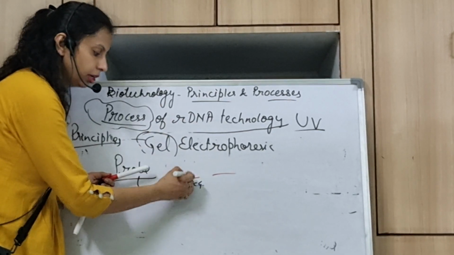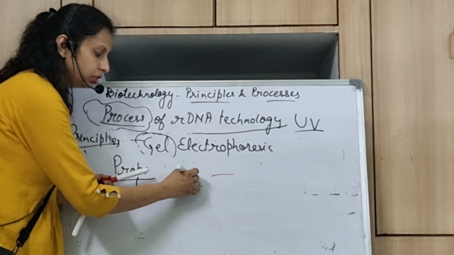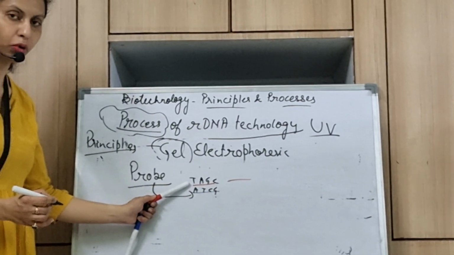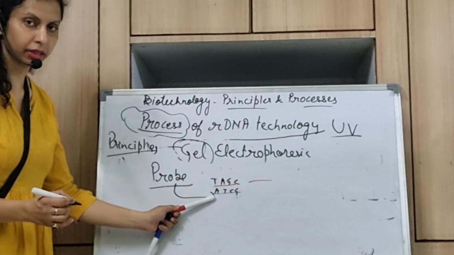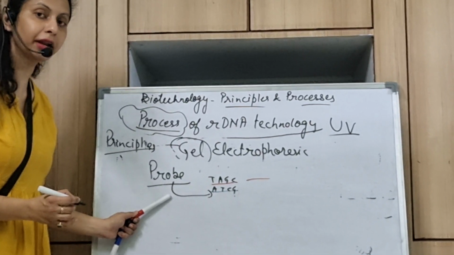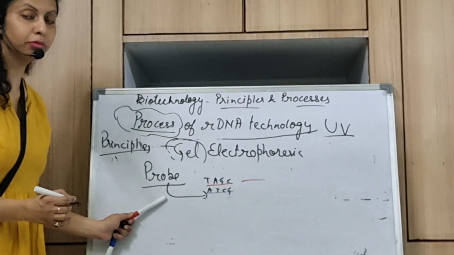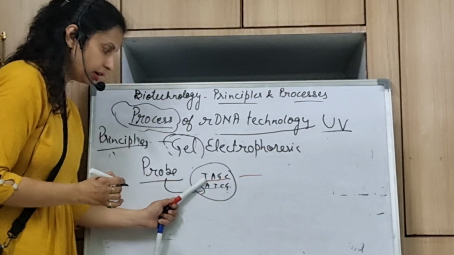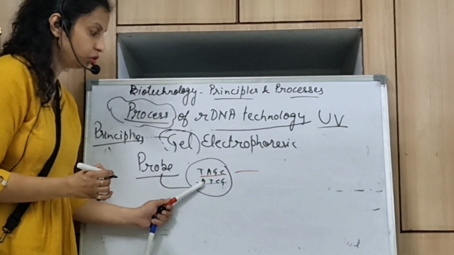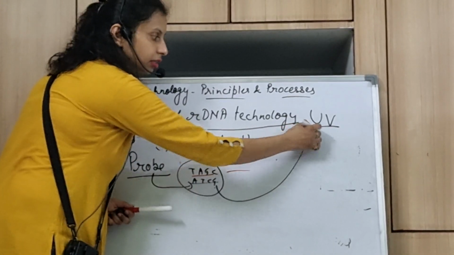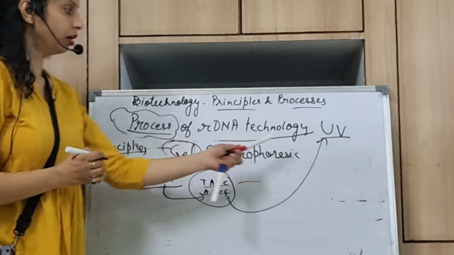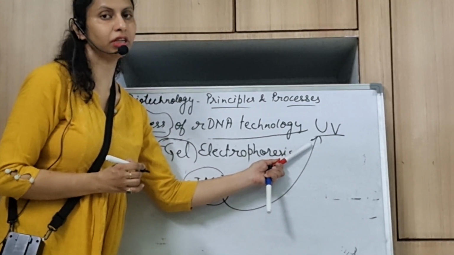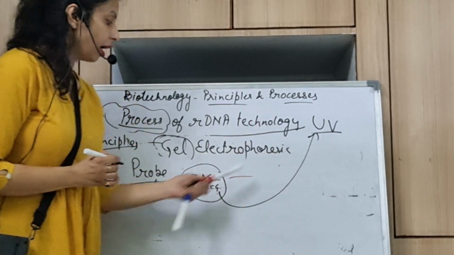टी के साथ ए, सी के साथ जी, जी के साथ सी। तो ऐसे सीक्वेंसेस को ये प्रोब पकड़ लेगा और उसको डबल स्ट्रैंडेड बना देगा। जो प्रोब होगा वो हमारा रेडियो लेबल्ड भी होगा ताकि हम इसको ट्रैक कर सकें। तो जब ये हमारे प्रोब जो हमने सेपरेट करे हैं फ्रैगमेंट के साथ जुड़ जाएंगे तो आप इसे आसानी से कहाँ देख सकते हैं? यूवी लाइट में, और आप इनको स्टडी कर सकते हैं। सो दिस इज द मेथड ऑफ जेल इलेक्ट्रोफोरेसिस।